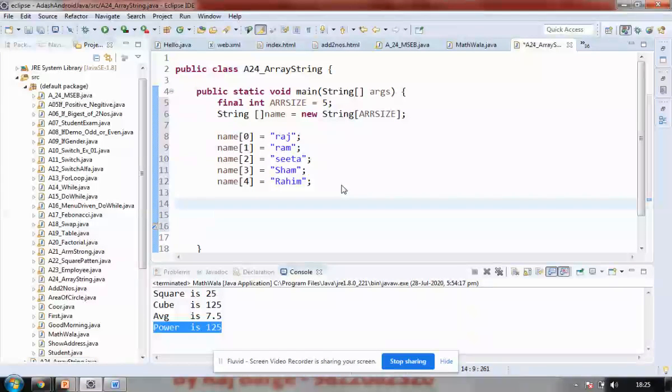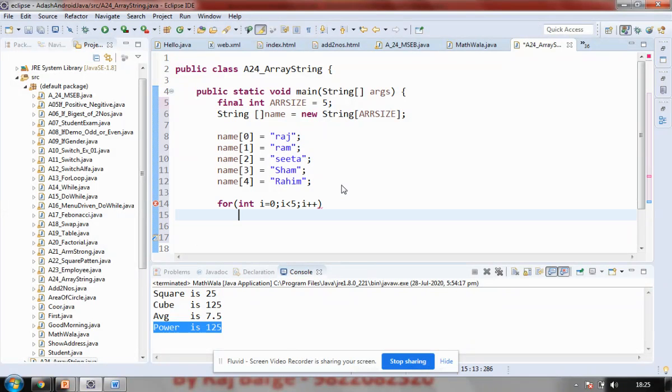Now to display the values, I'll be using a for loop. I'll be saying int i, that is the index, starting with 0 till i less than 5, and i plus plus. To display it, I'll be saying System.out and displaying the variables. I'll be displaying this variable as a string. I'll be saying name and displaying all names one after another.